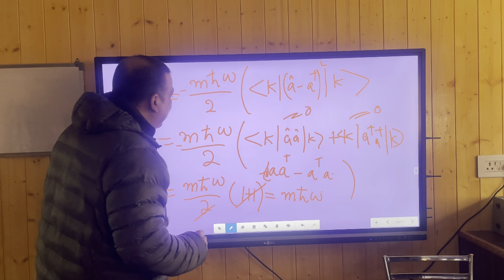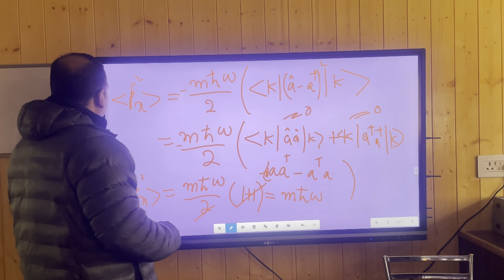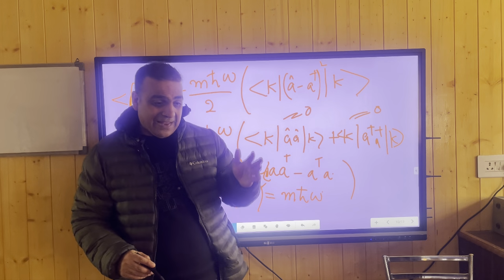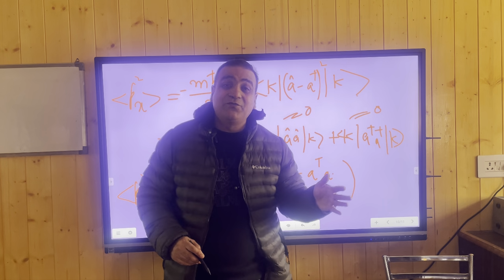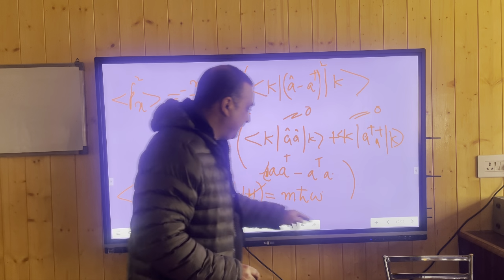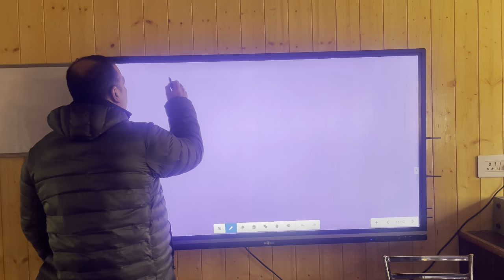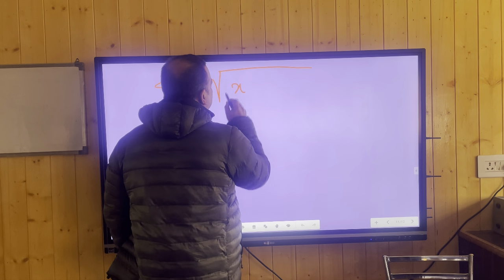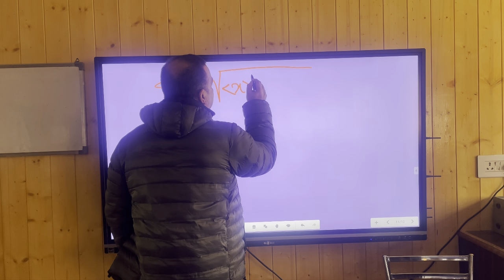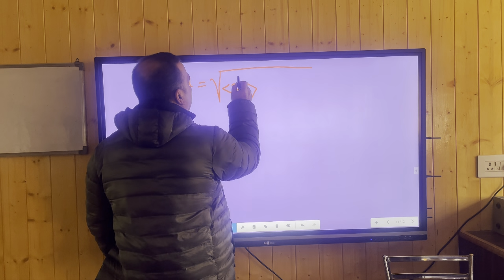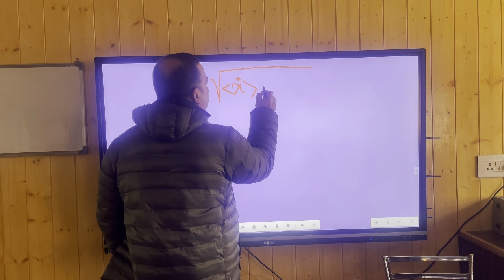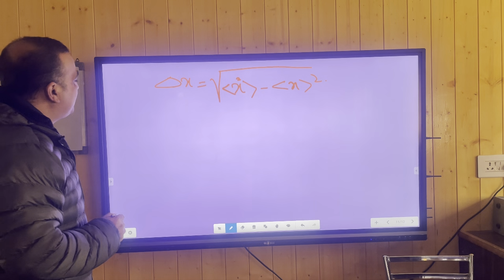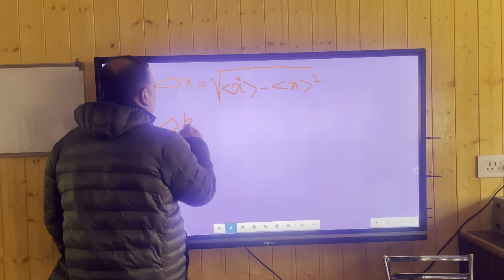So now I can write down the uncertainty in terms of the position, and I can write down the uncertainty in terms of the momentum, because uncertainty is basically the measurement of standard deviation. So what will that be? I will have delta x. And what will be delta x? That will be under root of x squared minus x whole square. So this will be our uncertainty in the measurement of the position.